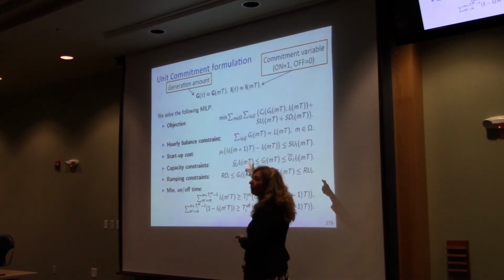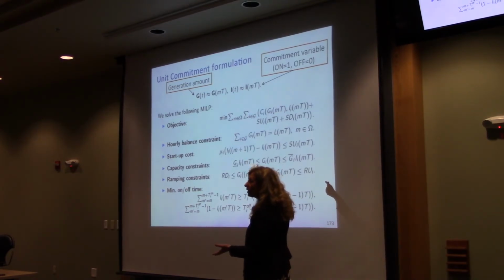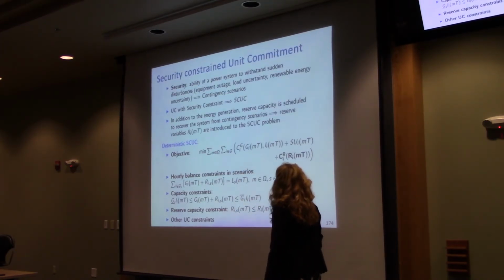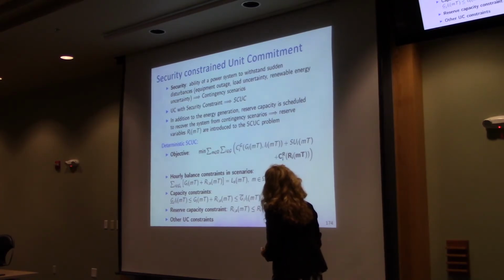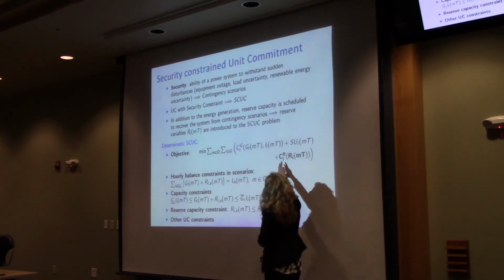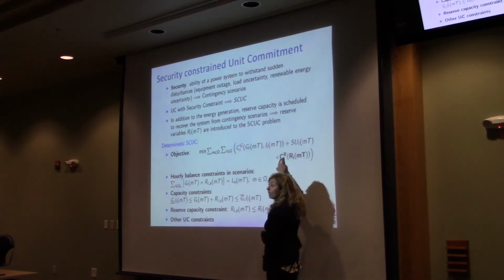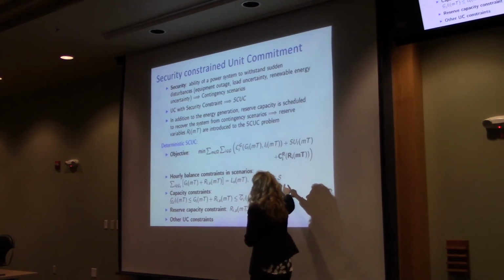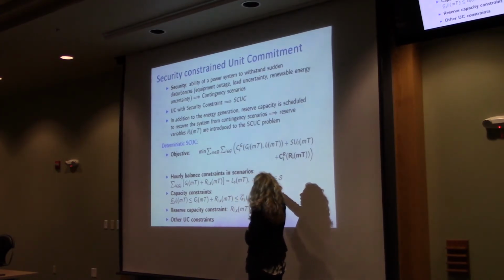Because we removed the AC power flow constraints, this is a mixed integer linear problem. Okay? For the security constraint unit commitment, what you're adding is also the cost of reserves, right? So you have an additional cost of reserves, and you are looking at all possible contingencies which are in the